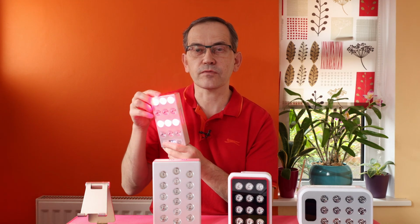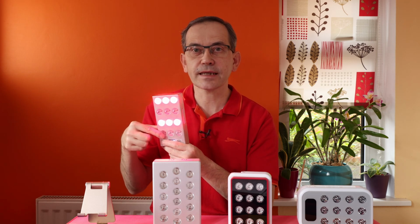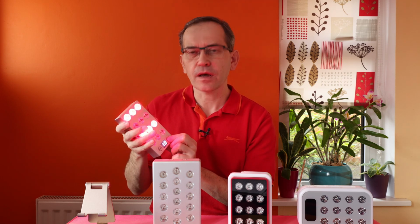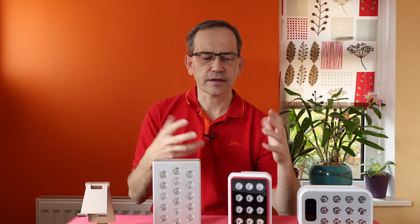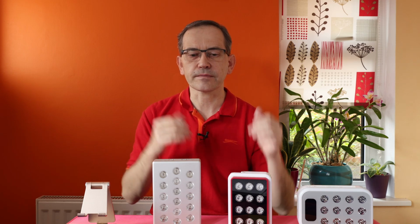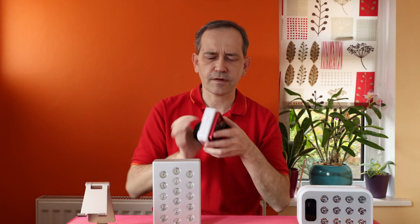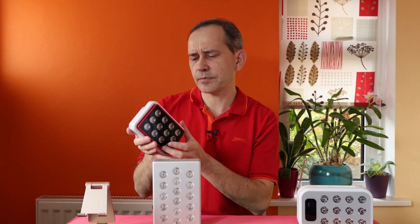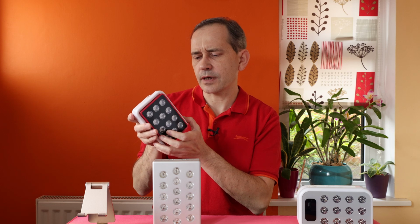When I have a panel with double chip LEDs, I can choose both wavelengths at the same time, or choose either red or near infrared. When does it matter? For instance, I'm quite sensitive to red light shining directly on my face. So when I do light therapy for my face, I just change to all near infrared. And let me demonstrate with this one here. I'm just pressing one button now, it's near infrared,